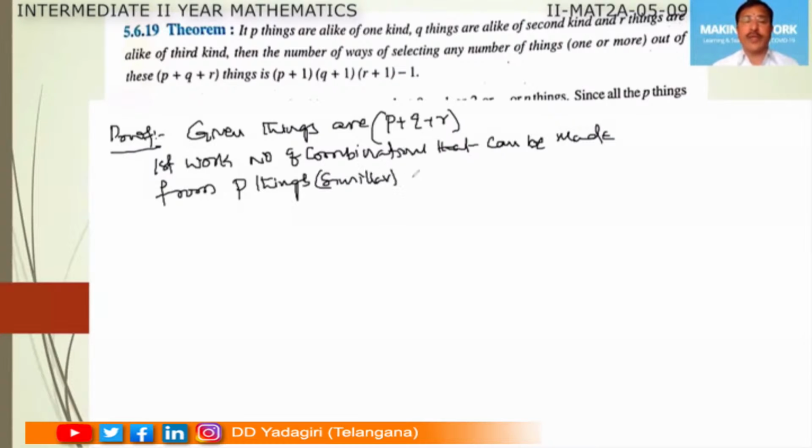According to the previous point, P similar things can be selected in how many ways? P plus 1 ways. Similarly, second work,